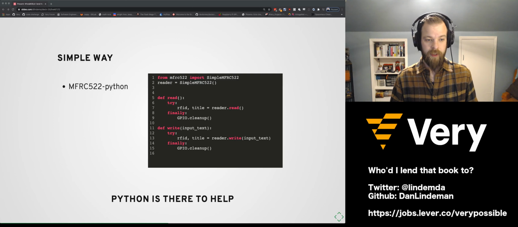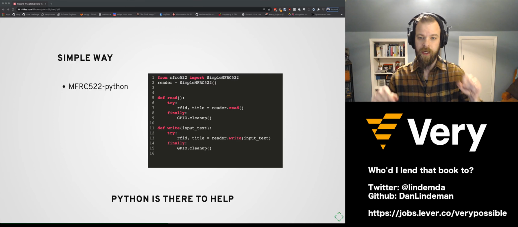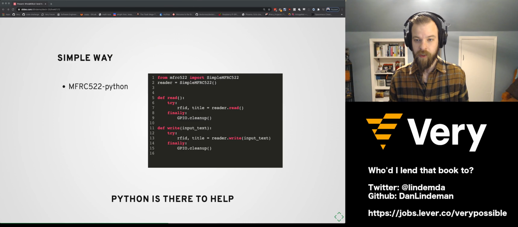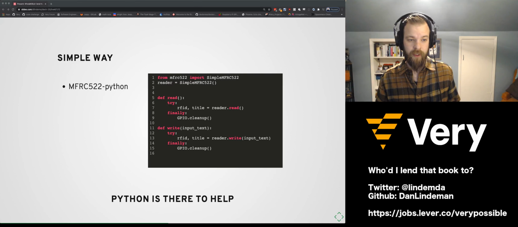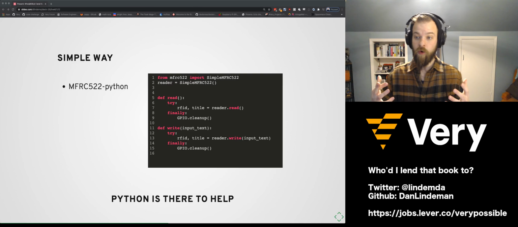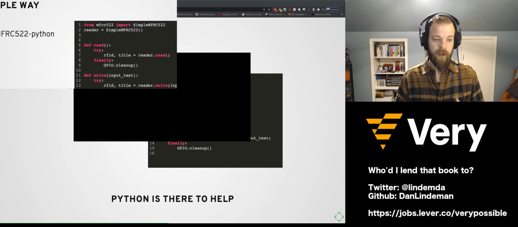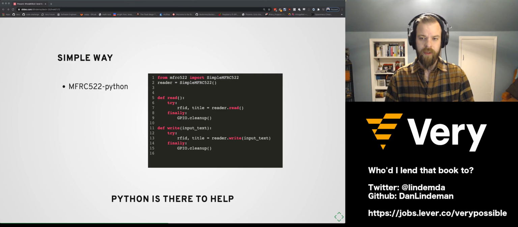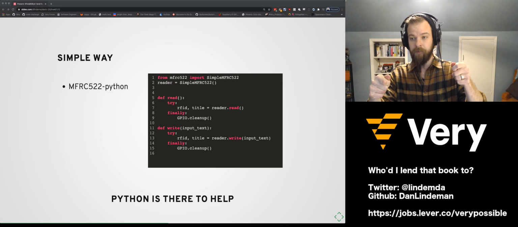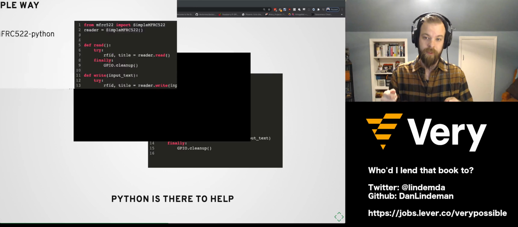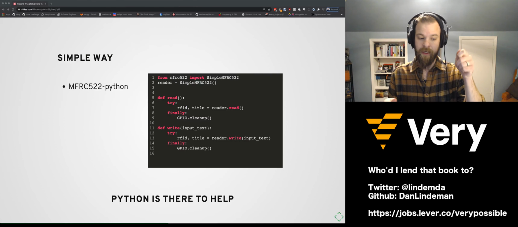So these two functions on line 7 and on line 13, reader.read and reader.write, are going to be the core of this entire application. And I'm going to use them pretty close to as is, but we're about to find out why I couldn't use them exactly like this. Nonetheless, these two functions will allow you to start reading data from tags, getting the IDs and printing them to the console, or writing data onto the tags to store some information.